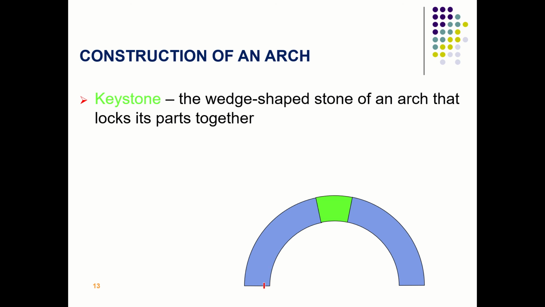So how did you start constructing an arch? You have started arch from both the sides simultaneously. It is not constructed like you have started the arch from one side and then you have completed in the other way. Okay, that is not the way how the arch is constructed. You have started constructing the arch from one side and the other side simultaneously, and when you have reached at this point from both the sides, you have just to put the keystone so that it locks the arch.